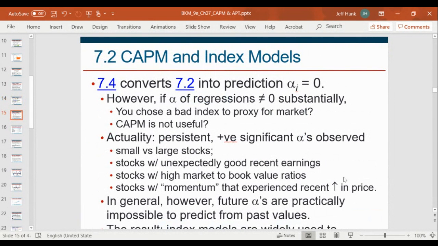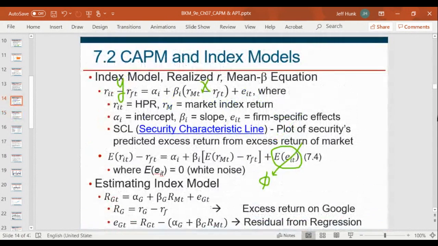So in that way, 7.4 converts into equation 7.2. And remember I told you to remember what 7.2 was, and 7.4, this is 7.4, right? And then, in other words,